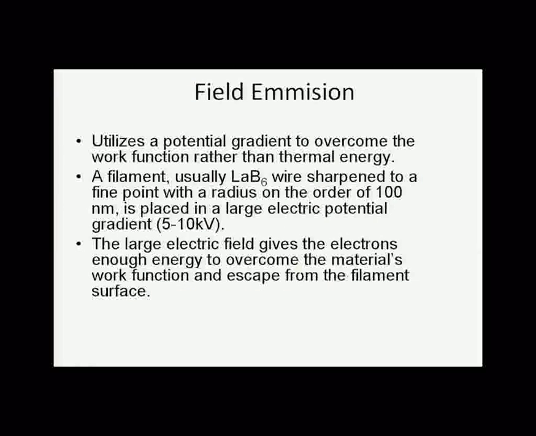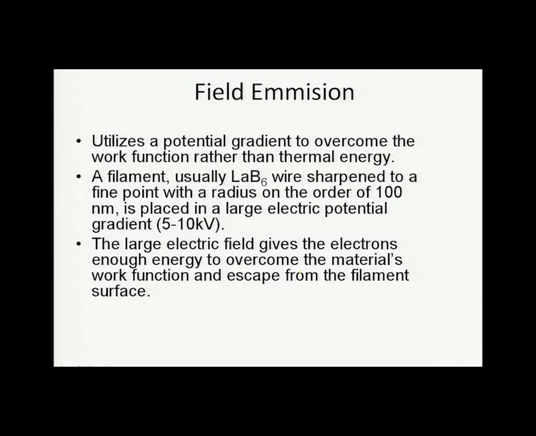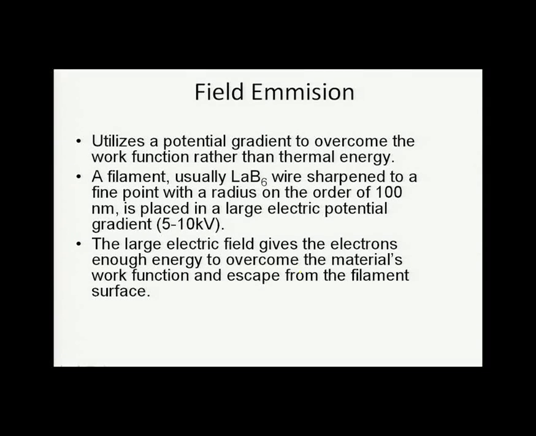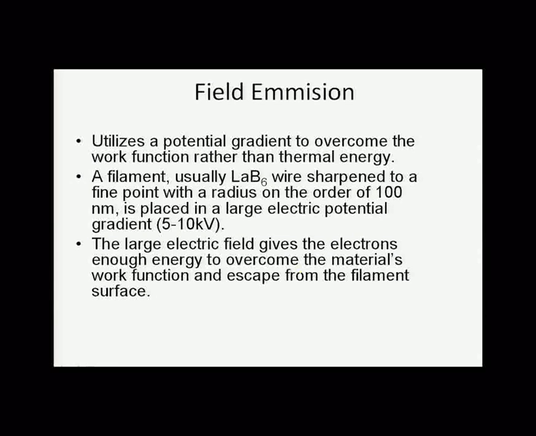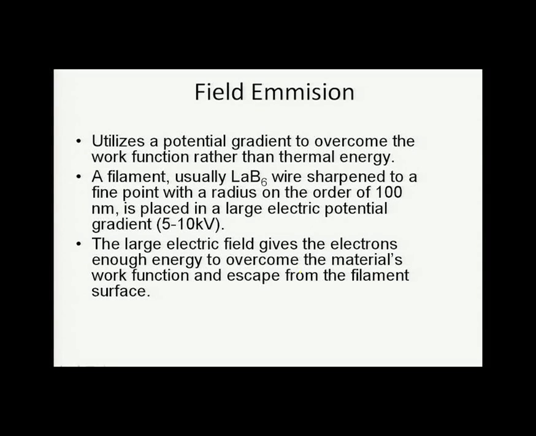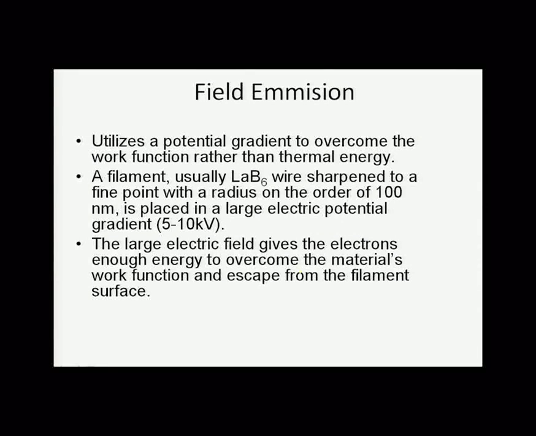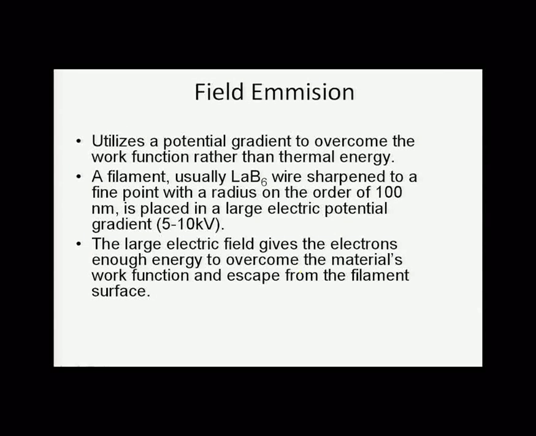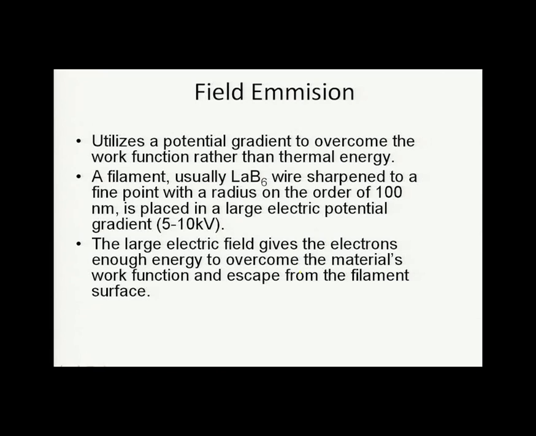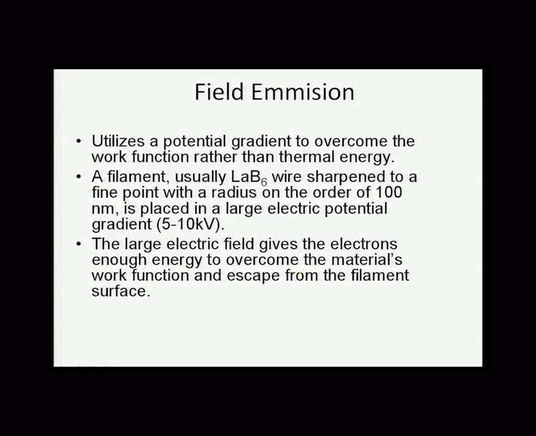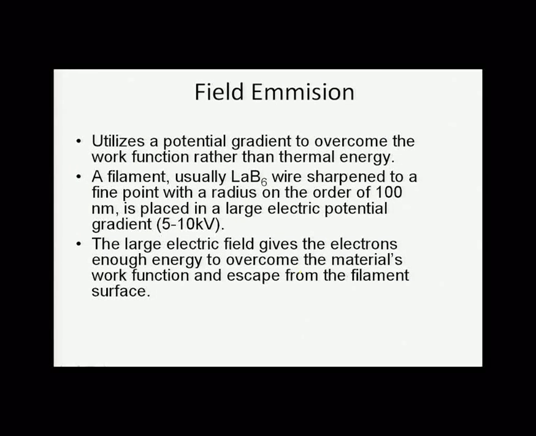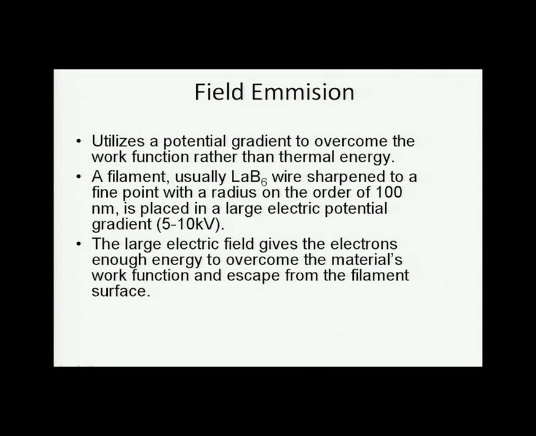Field emission. Let's discuss how field emission is different. So what we do is we utilize a potential gradient to overcome the work function rather than thermal energy. A filament, usually LaB6, or lanthanum hexaboride, is wire sharpened to a fine point with a radius on the order of 100 nanometers. It's placed then in a large electric potential gradient. The large electric field gives the electrons enough energy to overcome the material's work function and escape from the filament surface. So the way that a field emission electron gun works,